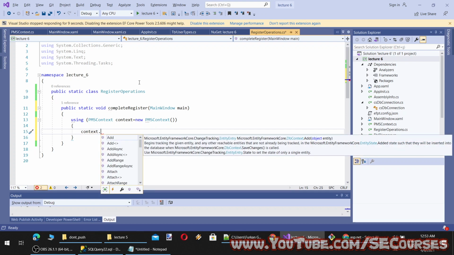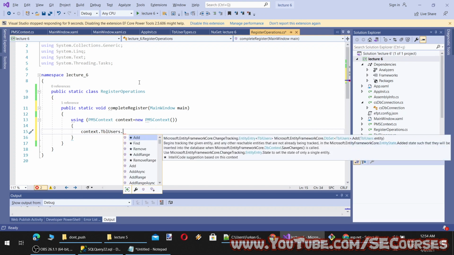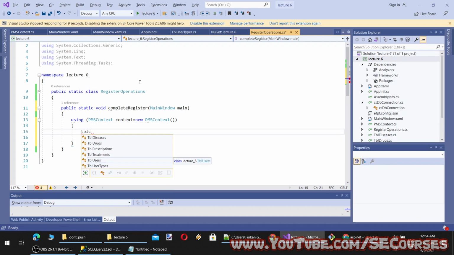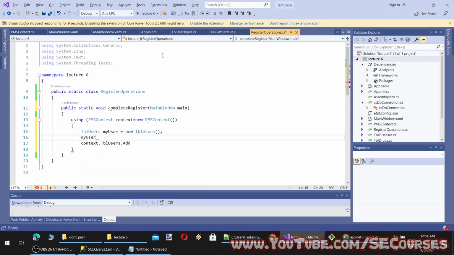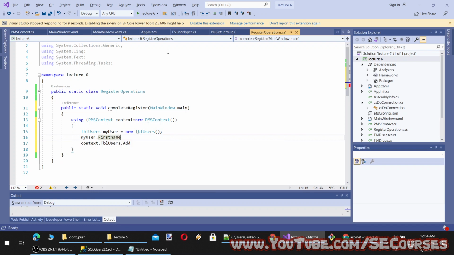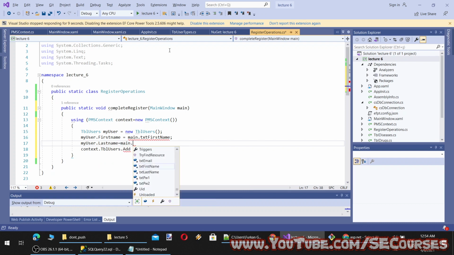So how we're going to do it is context.tblUsers.Add. Okay, before doing that, we will compose a tblUsers myUser as tblUsers myUser. The first name will be equal to main.txtFirstName. By the way, if you need checks, then you need to do them also. The last name will be equal to main.txtLastName.Text, of course.